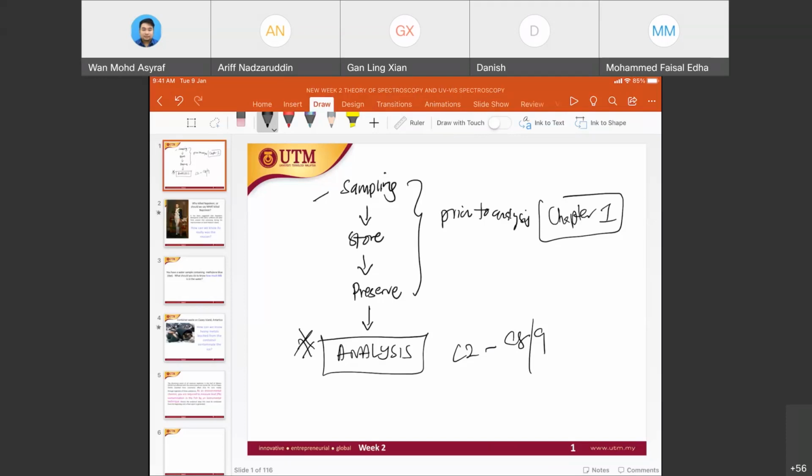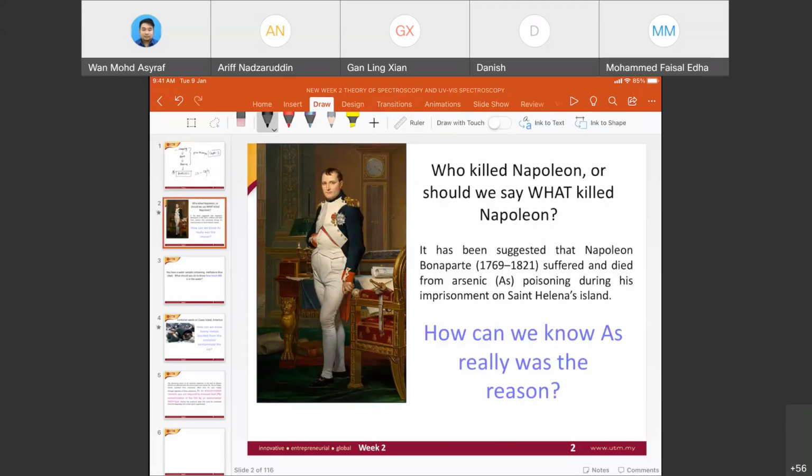Okay. So, alright. So who killed Napoleon actually? Or what should we say? What killed Napoleon? It is said that Napoleon ataupun yang kita suggested that Napoleon had suffered and died from arsenic poisoning. Kita kata dia mati disebabkan arsenic poisoning. So how can we know arsenic was the reason? Okay, arsenic